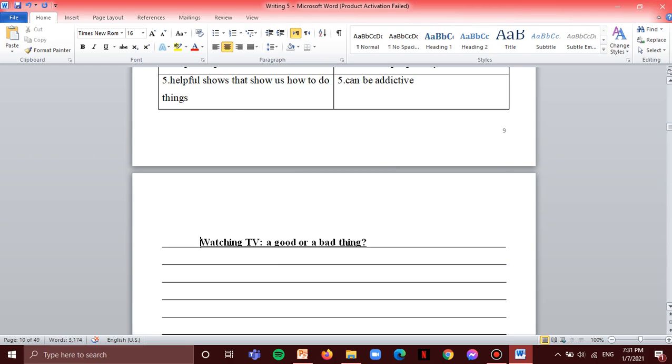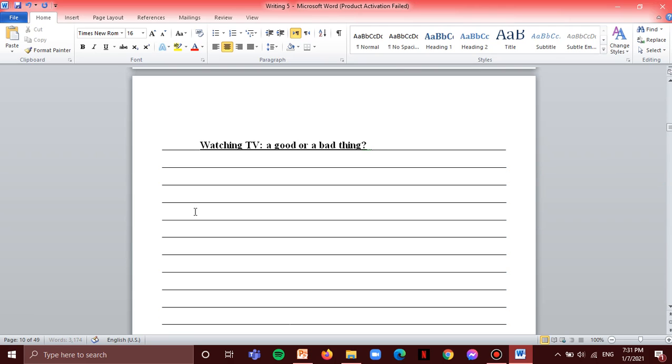Okay, now, like we know, we have to leave a space before we start the first paragraph. We said in the first paragraph, this is my introduction. I'm going to introduce the topic, and I have to say that it's a controversial issue, and that there are people with and against this topic. So how are we going to do it? For example, we can say